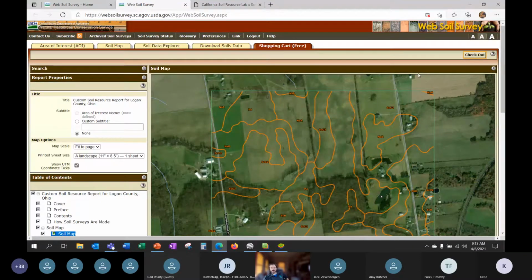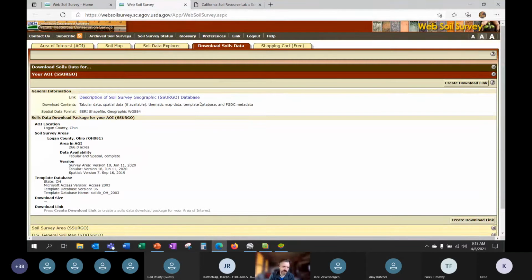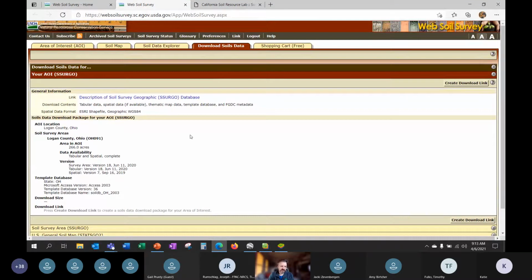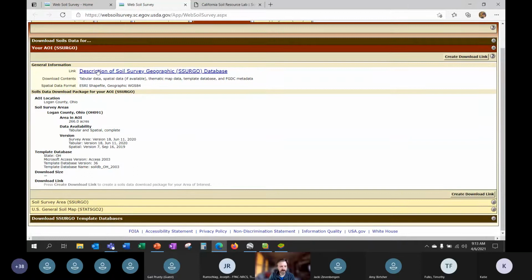So that's basic Web Soil Survey, how to get to soil maps and ratings inside Soil Survey. This is the official source of soil information. Another thing you can do here is download soils data. So if you were looking to take this soils information into a GIS program on your computer, this is a place where you can go and download